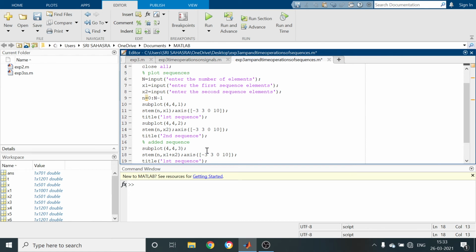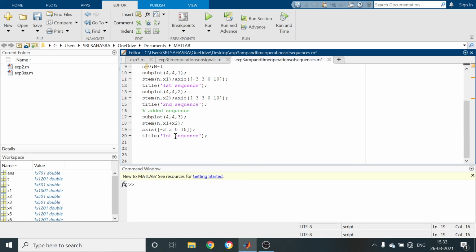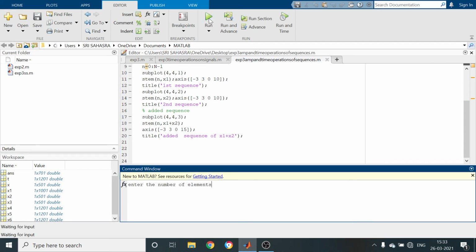I am not going to use an extra command, just observe. Since it is an added sequence, the amplitude height may vary, so the range is 0 to a larger value. The title is added sequence of x1 plus x2. Save the program and run it.